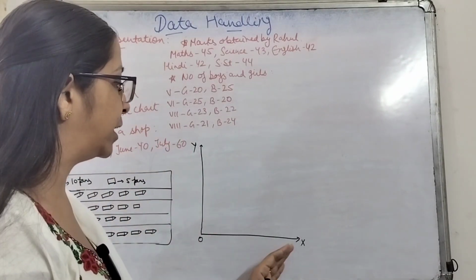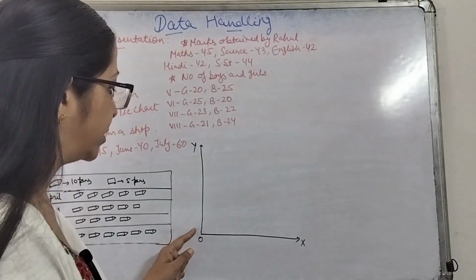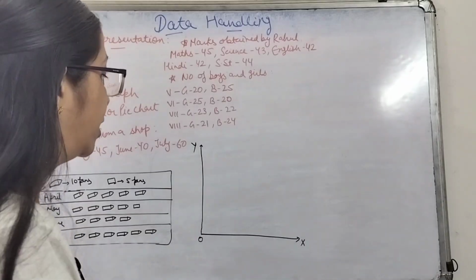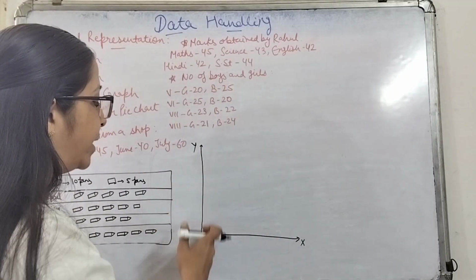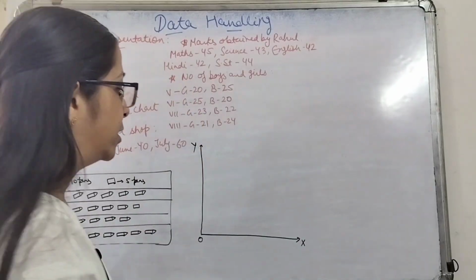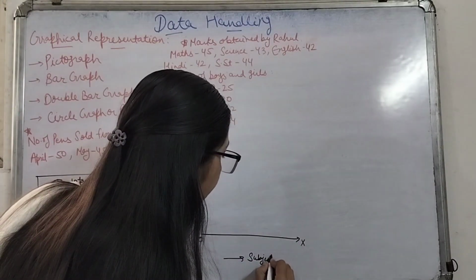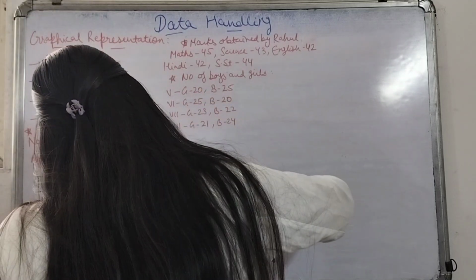So two perpendicular lines we have taken and these perpendicular lines are intersecting each other at point O. This is the intersection point. This is known as origin. Now on the x-axis we will be taking your subjects and on the y-axis we will be taking your marks. So over here we will be taking your subjects and in the y-axis we will be taking your marks obtained